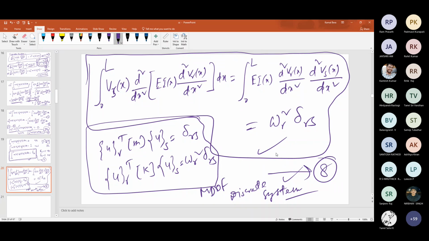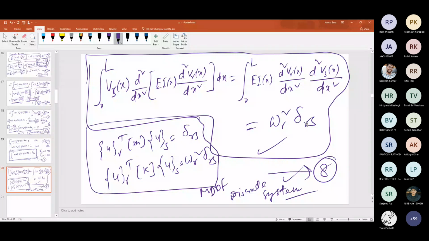So now we'll discuss the response of a system by modal analysis. The system can be, let's say, a cantilever beam or a simply supported beam. These two types of beams we have discussed. We can study other types of beams by incorporating the boundary conditions. You just have to change the boundary condition, derive the characteristic equation, solve it to find the natural frequencies, and using that you can also find the eigenfunction, that is the mode shape. I have done it for the simply supported beam and cantilever beam. As I told you, you can try it for a free beam and a fixed beam. Many other examples you can try.